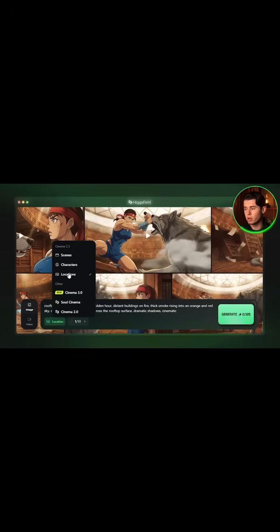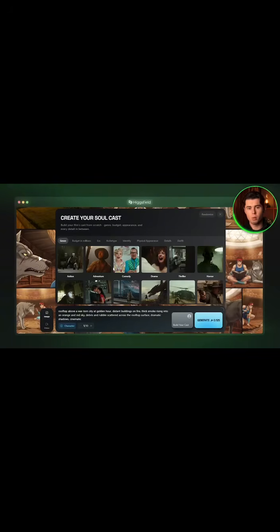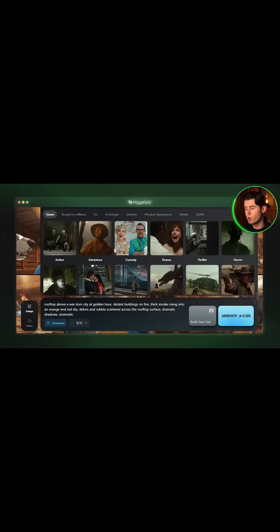So once you're inside, go to the character section. Here you can build your character through 8 specific categories, the same way a casting director would think about building a role for a film. Genre is first, and this matters more than it looks. There are 14 options, like action, drama, and horror. And the reason this category is so important is that the same prompt generates completely